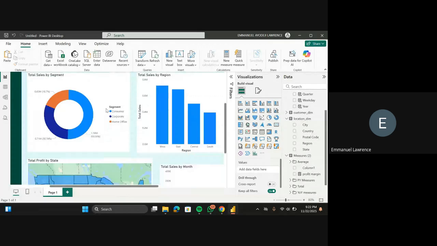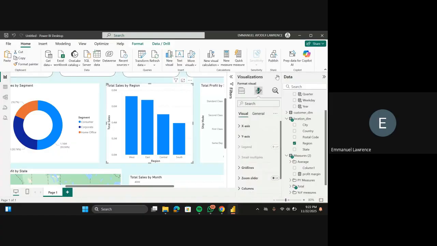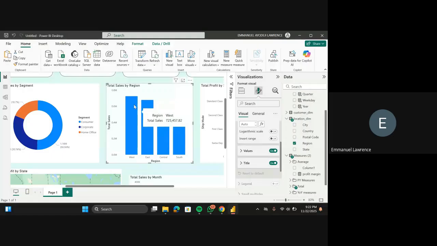Now for my total sales by region, I don't want to see my y-axis, so I have to turn it off. I want to make my dashboard so easy to understand at first glance. At first glance, I can understand that West is the highest, but I don't know the value that West is giving me. I know it's in between 0.6 and 0.8, but I don't know the exact value. So what do I do? I will click on okay.